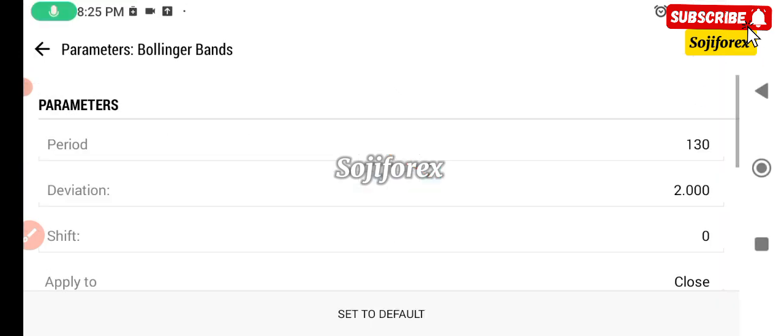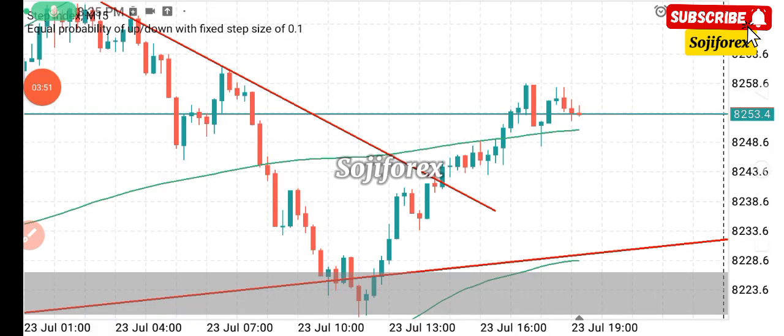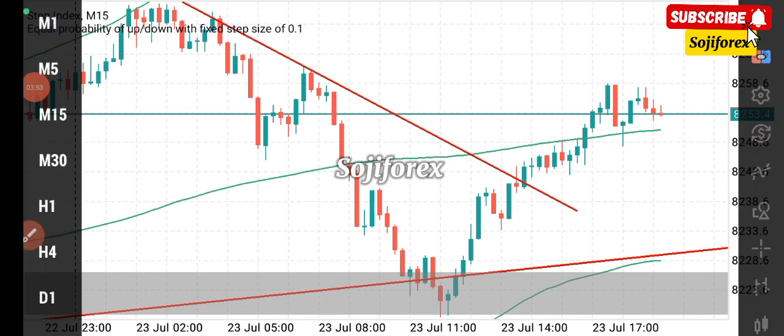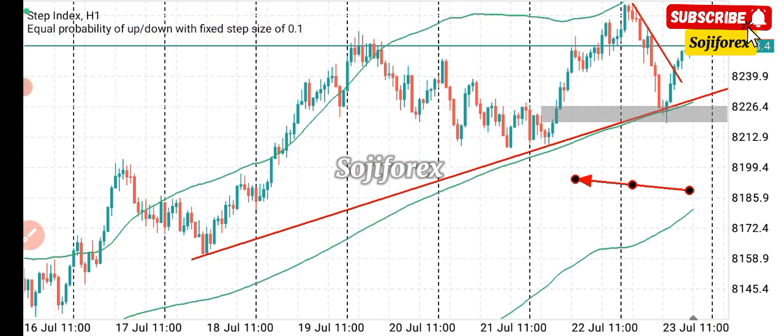So I'll be putting my Bollinger Band as usual, which I use for my entries. Okay, now here is my Bollinger Band. I'll come to my 1 hour. And as you can see on my 1 hour time frame, I've established earlier before now that whenever price is above my middle Bollinger Band, it is a buy. So what that means is that if I come to my